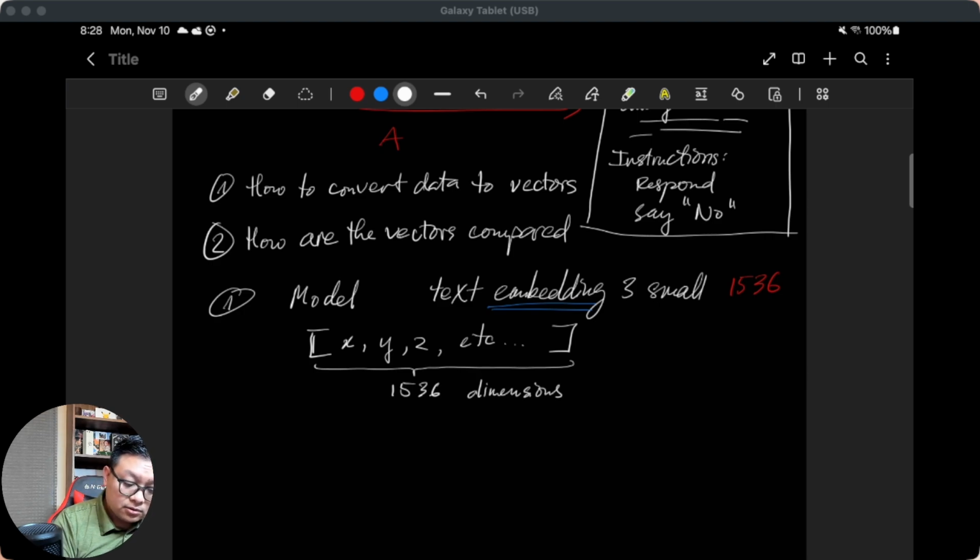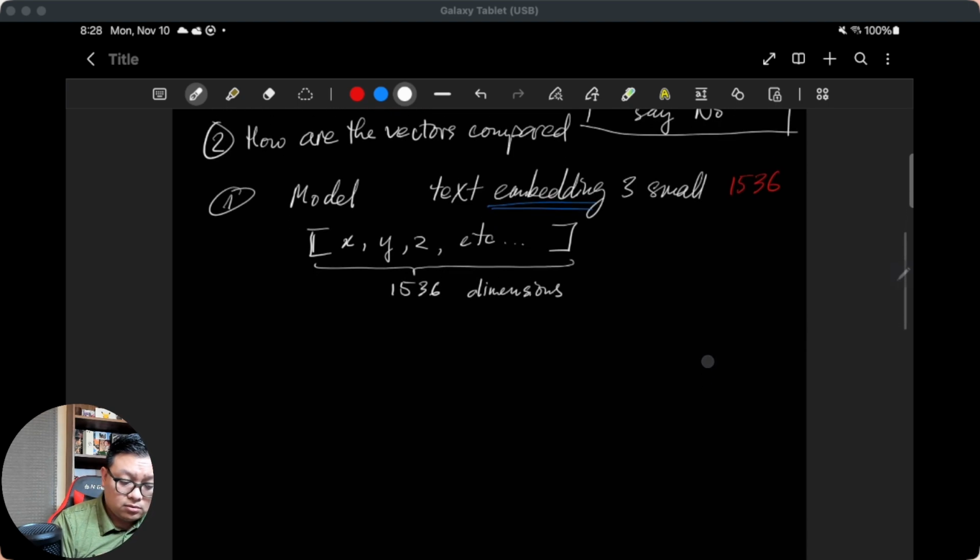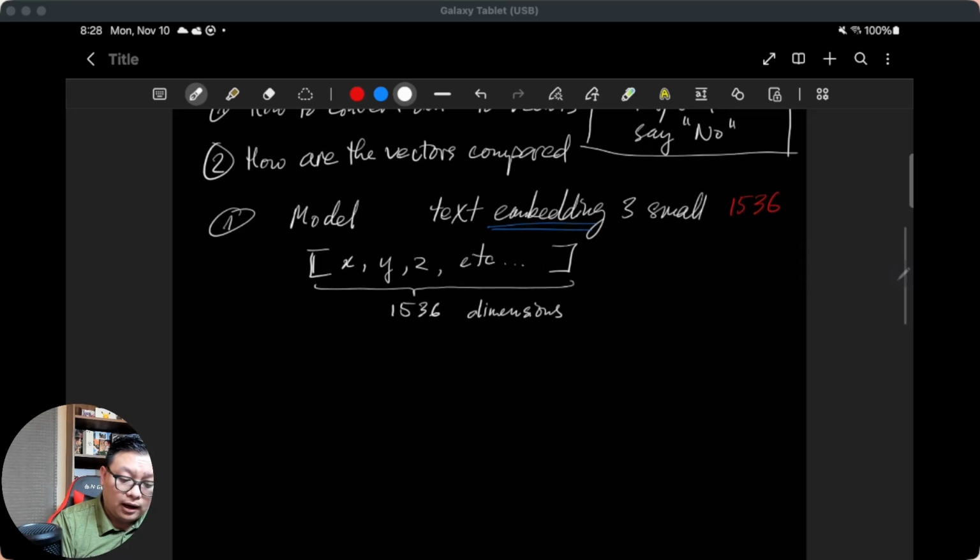So now with this, how do you actually use this? Well, the model has already been trained by the company creating it. So what are the dimensions anyway? When you give it a string, it's going to look at the model, which has actually been trained on